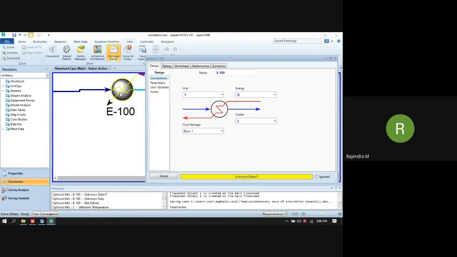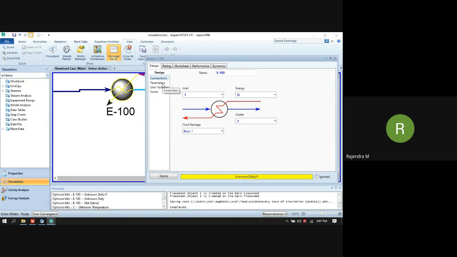It may not be a heater, it will not be a kind of hypothetical operation. For example, if you are going to install an electrical heater inside a tank, in that case there is no utility fluid or utility medium like steam or a thermic fluid. We have to provide the electrical energy in order to heat the liquid, but the tank will have a certain kind of delta P, or the equipment will have a certain kind of delta P. So that delta P we have to provide.